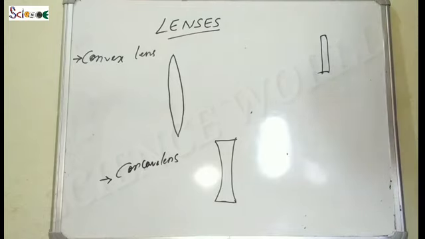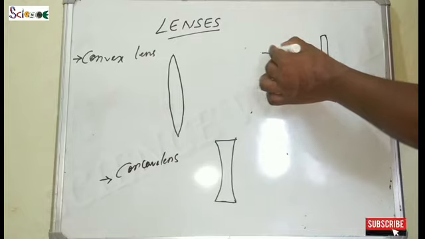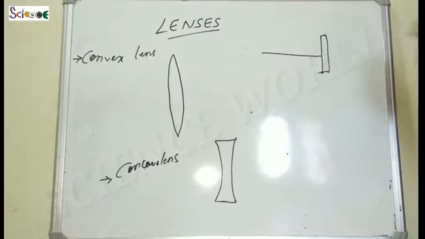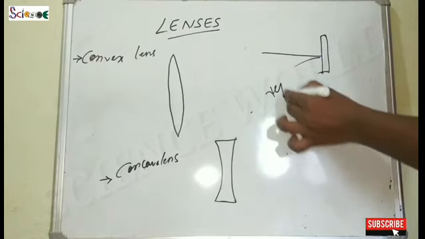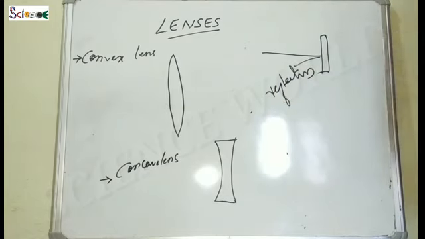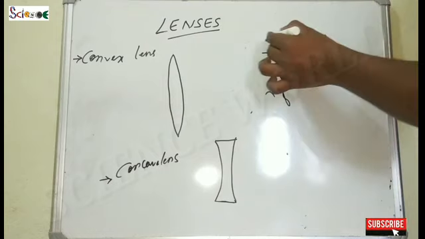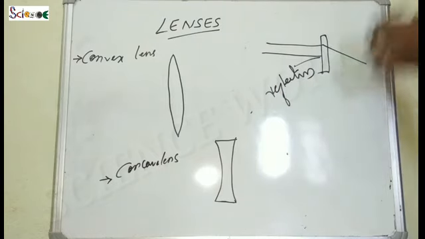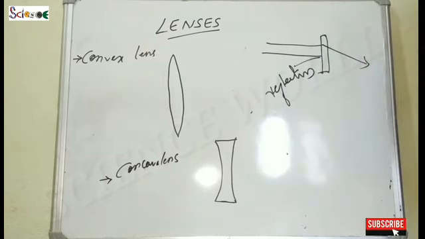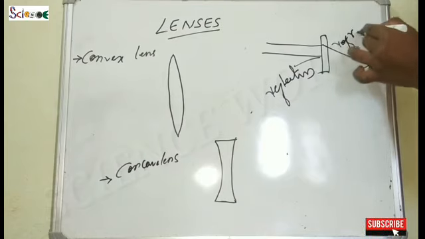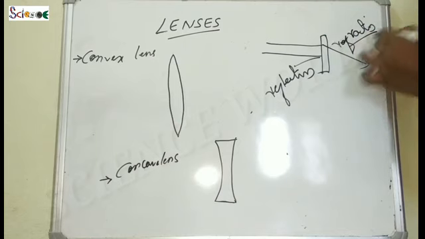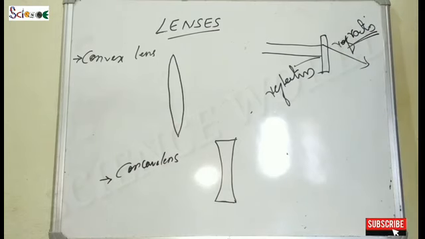Okay, so just take an example. When a beam of light is incident on a reflecting surface and it goes back, that is called reflection. When it bounces back, it is called reflection. But when the beam of light is incident on the surface and passes through that refractive surface or medium, it is called refraction. So the mirror shows the reflection process and the lenses show refraction.